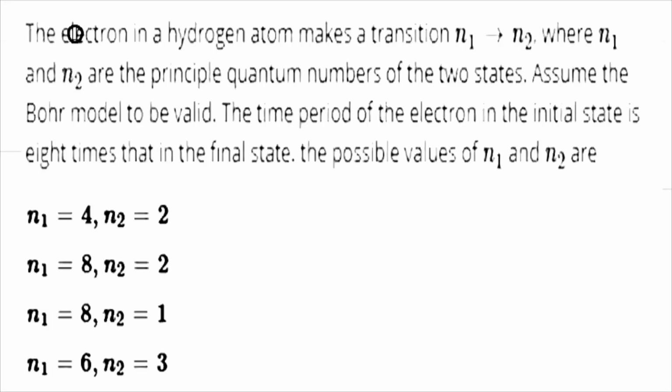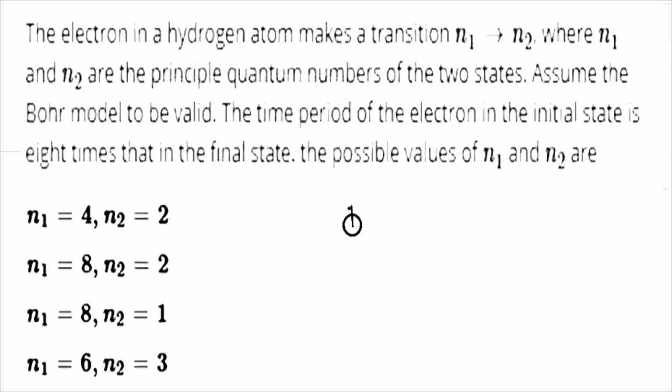Problem: the electron in a hydrogen atom makes a transition from n1 to n2, where n1 and n2 are the principal quantum numbers of the two states. Assume the Bohr model to be valid. The time period of the electron in the initial state is 8 times that in the final state. The possible values of n1 and n2 are: